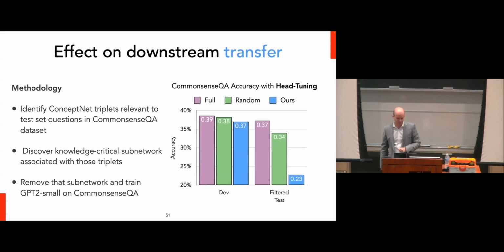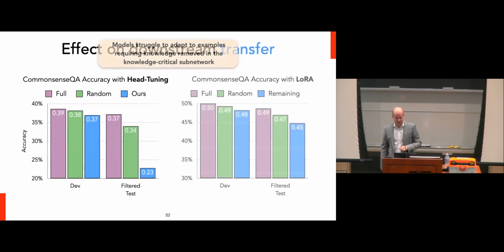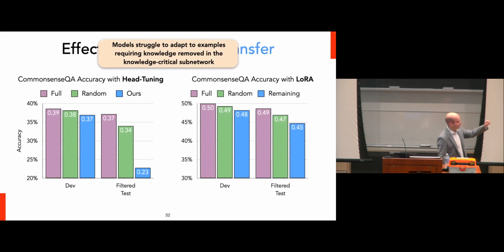So it's only on the test set, which has examples for which you have removed these examples and the knowledge associated with those examples. And while head tuning is a pretty basic fine-tuning approach, we also see a similar pattern with LoRA, where we tend to see a performance drop. But as you make that fine-tuning method more expressive by allowing more parameters to change, in general, the model is able to rewire itself to recover certain connections that it needs in order to make those predictions.